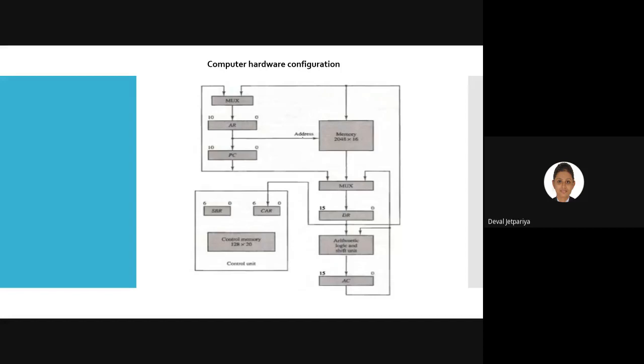So what is there? See, the computer hardware configuration and the computer's major modules that are present that you can consider. One is our main memory, one is our control memory. So two types of memory, right? Why do we require two types of memory? Because main memory is used to store data related to our instruction, whereas control memory is used to store the microprogram. Okay, so from here we are getting some instruction and that we are running with the help of this control address register in this control memory.